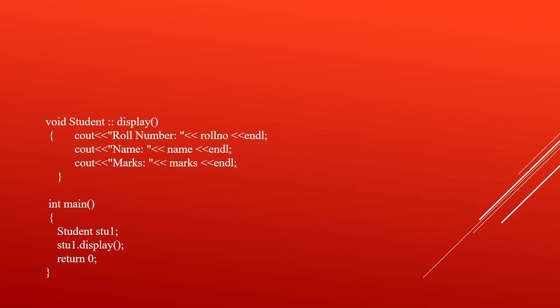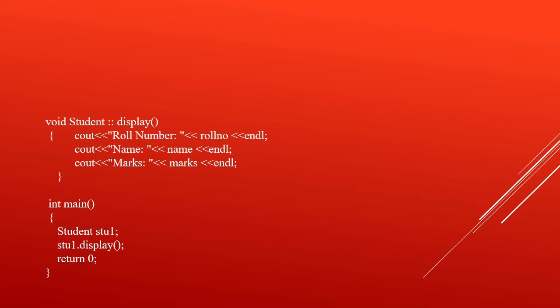After that, the main function is included. As I said earlier, in every main function, the first statement must be the object creation. Here the object is created and the input function is called first. Once the input function is called, the control reaches the input member function, and it gets the inputs from the user, and again it reaches the main function and the next statement is executed.